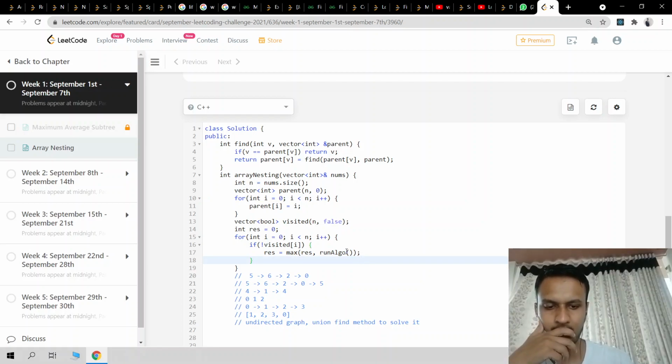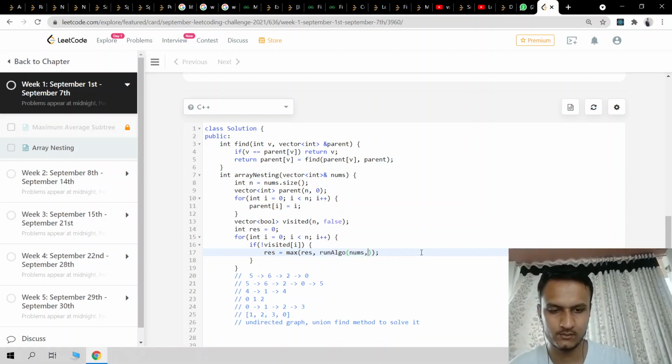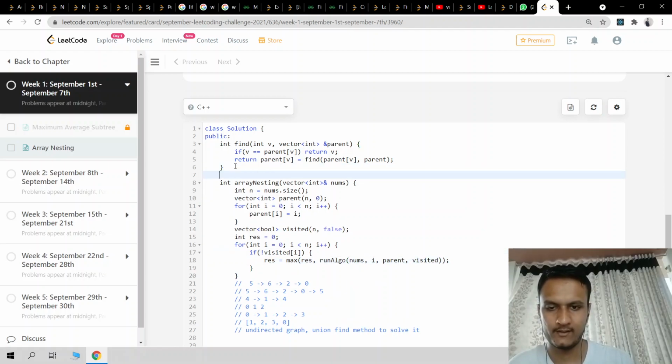Then I will pass some arguments in the run algo. I have to pass nums, I have to pass that parent array, and I have to pass visited array as well. Okay, let's make a function, int run algo type function.